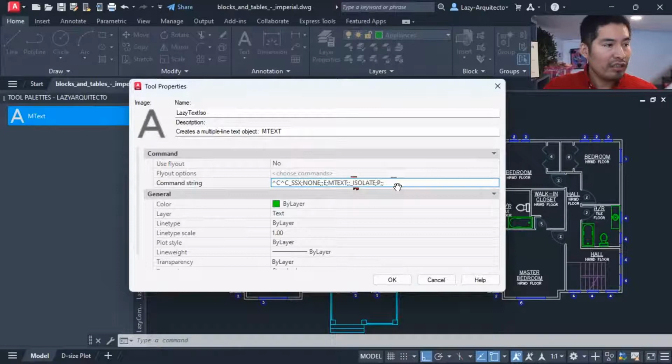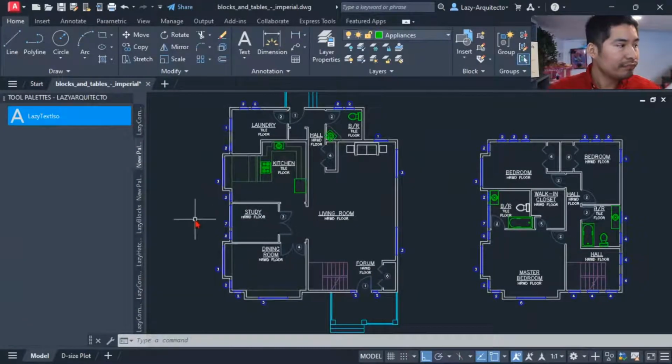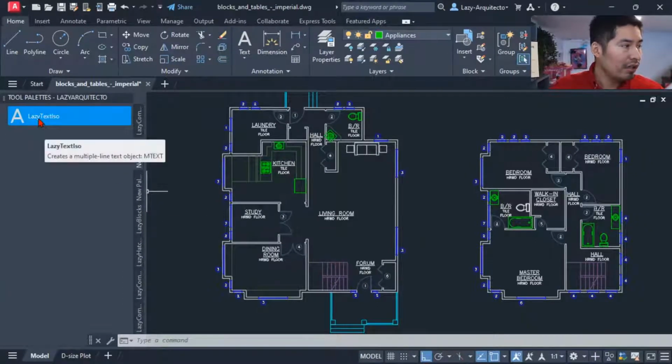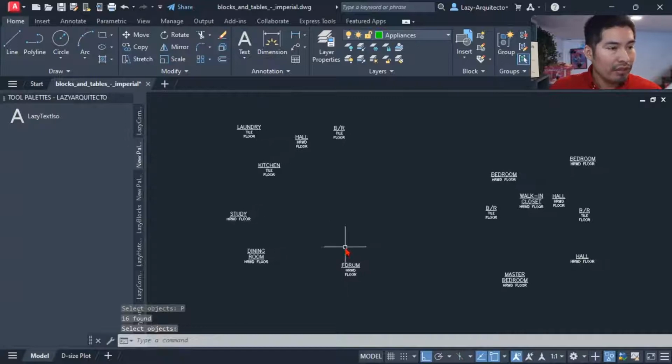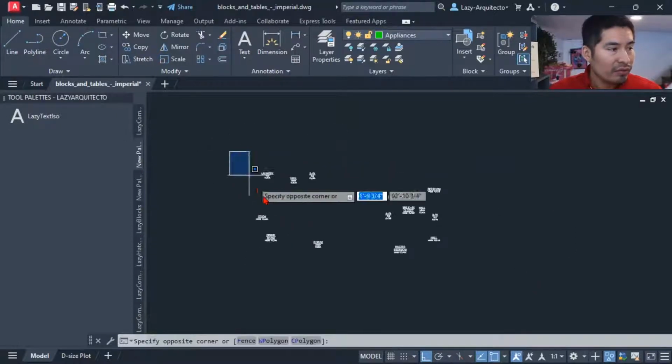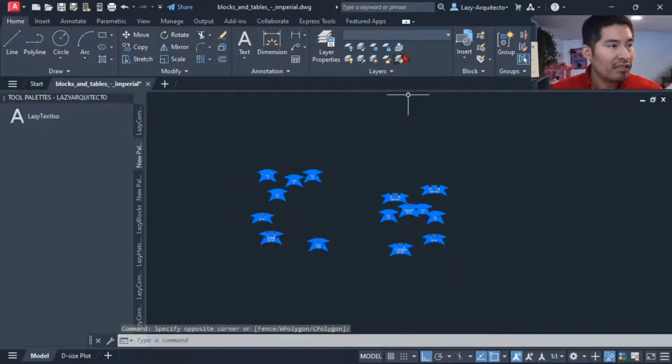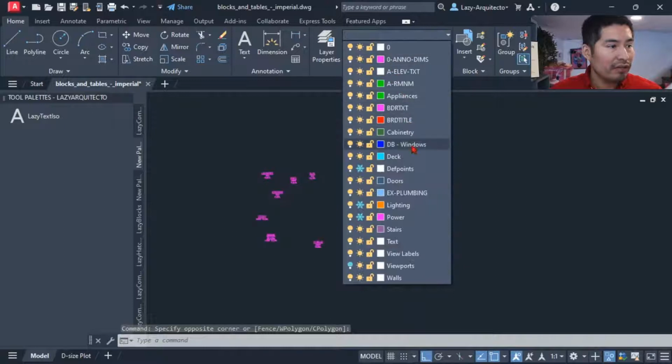So let's quickly test this to see if there are any issues with the code. Again, we're doing this live, so let's click OK and let's test it, right? So far, let's click on it, and boom, we can see that our text was quickly isolated. So to finish the test, let's change layers to see if indeed we didn't miss anything.